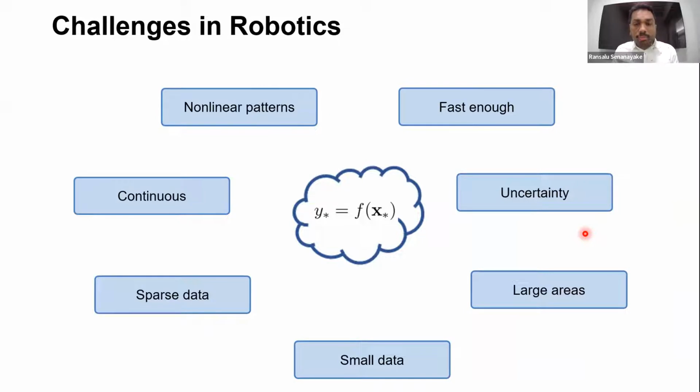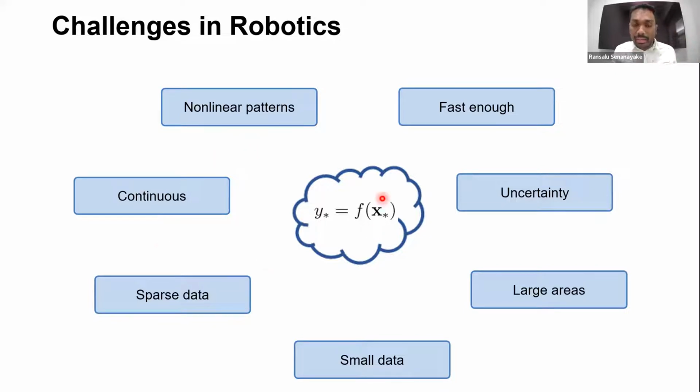Now, when we try to learn this specific function F, we really need to care about what we are really going to do. For instance, in computer graphics, what we are really interested in is the most beautiful image or rendering. But in robotics, as Anju also highlighted, our objectives are slightly different, because we have this complex interaction between perception and decision making. We build a perception model for decision making, not the other way around. Spatial patterns are nonlinear.